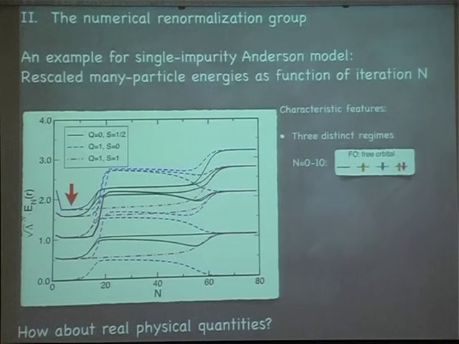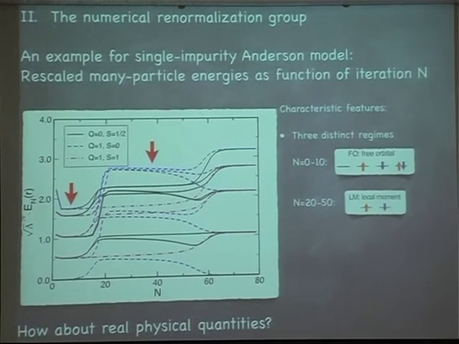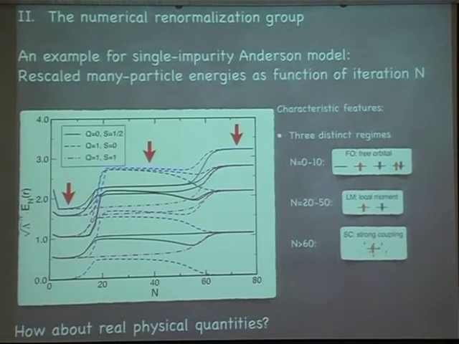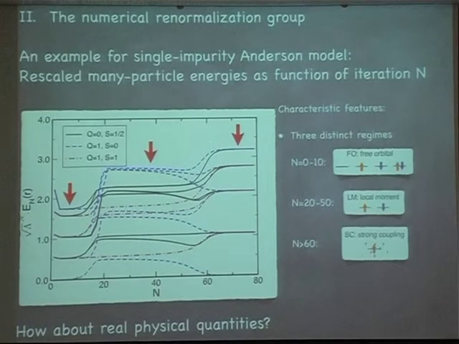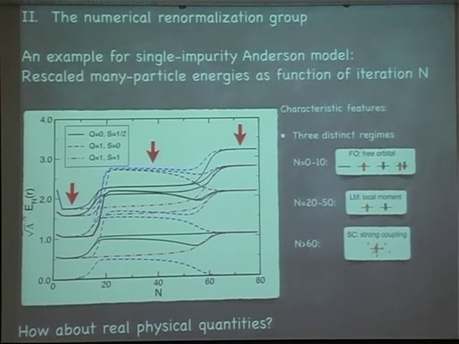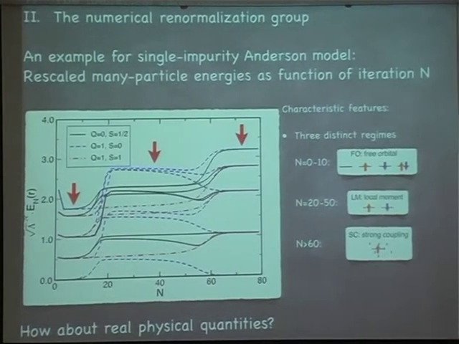And if you now do what I told you before, diagonalize these different fixed points, you observe that this actually is the free orbital fixed point. So basically band electrons and local system do not talk to each other at all. This intermediate regime corresponds to the local moment, meaning here you have basically a spin sitting, and the spin is stable. But then if you go further on, you will end up in the strong coupling fixed point. And now the funny thing is, if you now make an analysis of this structure of levels here, you will find, like this one, that both this and this are actually Fermi liquids. But this Fermi liquid is different than that one.